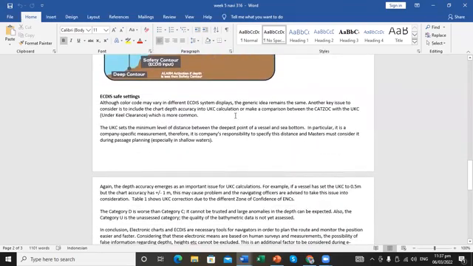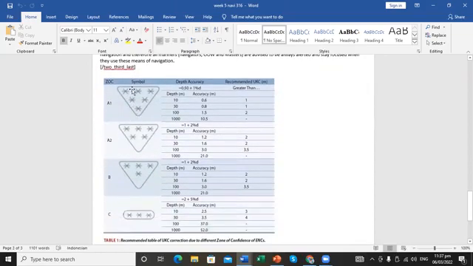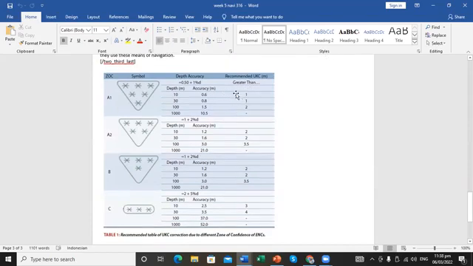In ECDIS, once you activate the CATZOC or category zone, you will have information or symbols like this in your ECDIS. With the triangle, and if we have the asterisk, that will give you the accuracy of the depth. For example, for A1 the recommended underkeel clearance will be greater than 1, so at least more than 1 meter between the keel and the seabed.